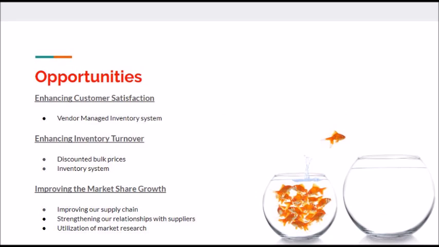And in regards to the opportunities, the first opportunity would be enhancing our customer satisfaction. So our customer satisfaction dropped a lot in the last 4 months of the operations. The unfilled orders were one of the reasons for the dissatisfaction, and the quality of our products in comparison to our competitors. A vendor managed inventory system could be a great idea in achieving customer satisfaction, as it will provide